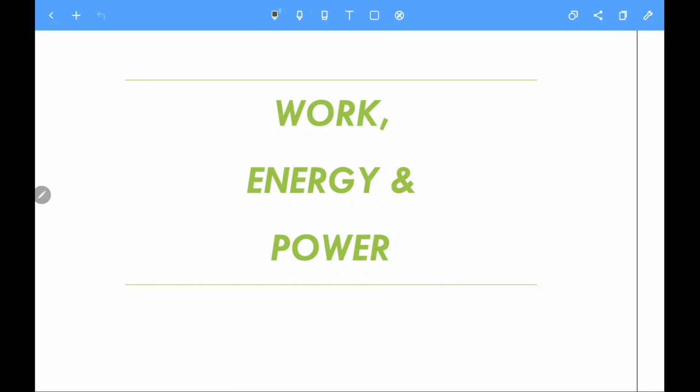We are starting today a new topic. It is the work, energy, and power in mechanics. We start with the general definition of work, energy, and power. Work is applied to any activity which requires the exertion of muscular or mental efforts. Energy is the ability of the body to do work, while the rate of work done is called the power. We start with work.